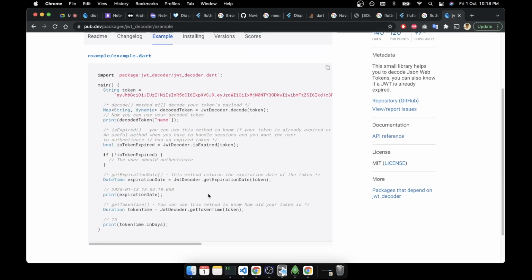What they are trying to do is take the token, do the decoding, then decoded of name, is expired of token.